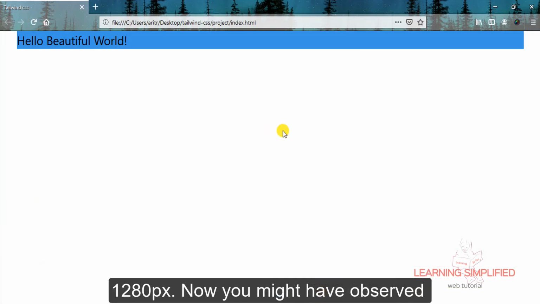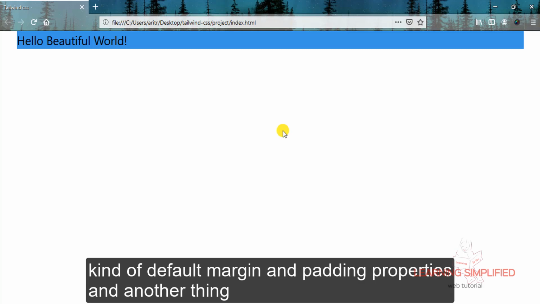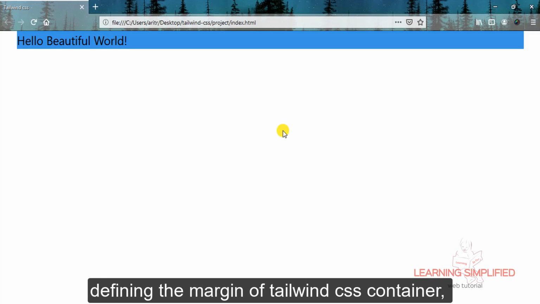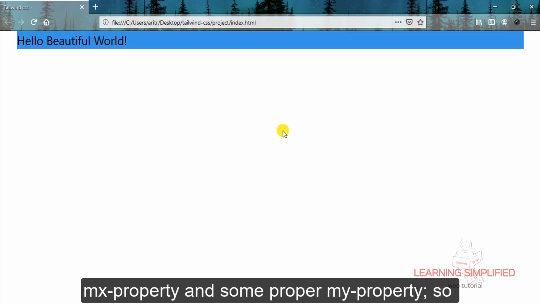Now you might have observed that in this particular case, there's practically no kind of default margin and padding properties. And another thing that I need to mention over here, in case of defining the margin of Tailwind CSS containers, all we need to do is mention some proper mx property and some proper my property.